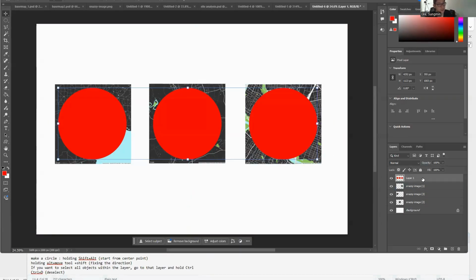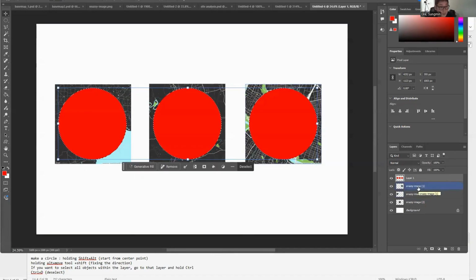Anyway, press Control D, go to that layer, hold Control and click, then everything is selected. One way you could do a layer mask: once I select that one, the selected area will change to white in the layer mask, which means it's visible. The remaining areas become black, which means they're invisible. So let me try. First image, if you do a layer mask, see,